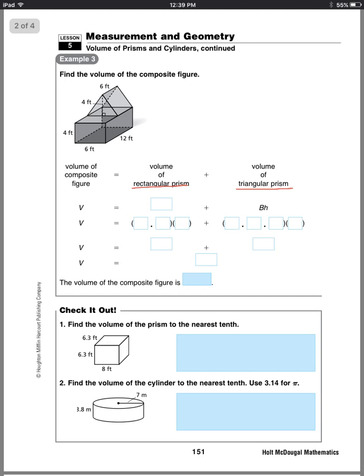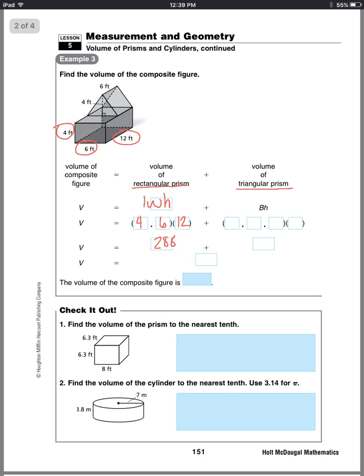So remember, in order to find the volume of a rectangular prism, we do length times width times height. These 3 numbers are the 3 numbers with our rectangular prism. Remember, we can put those in any order because multiplication is any order. And we just have to multiply them and we get 288. Okay? Now we have to find the